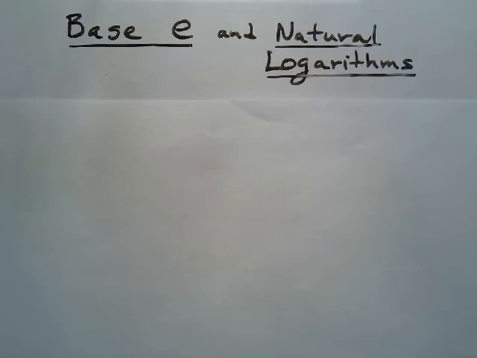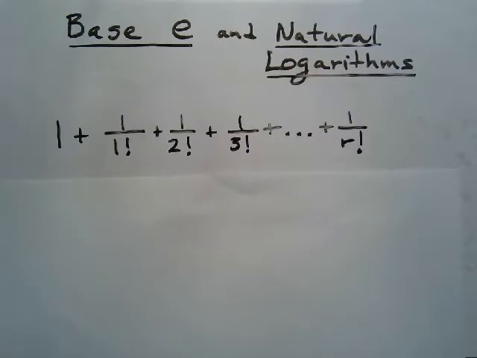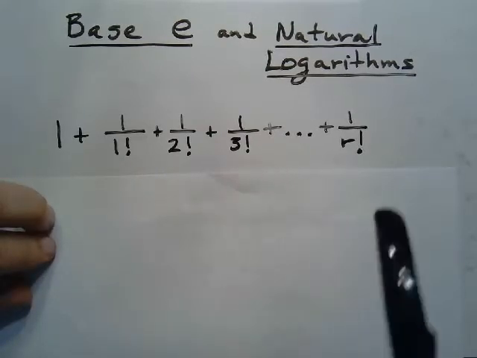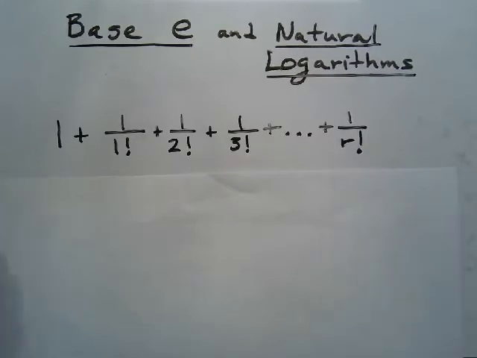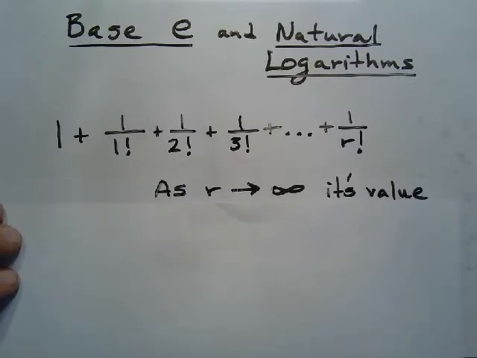But a lot of times mathematicians are really curious people that are looking for patterns and things. And years ago, a couple of mathematicians were playing around with a particular formula, something like this. And they wondered what would happen if we used factorials on the denominator here and let this last one approach infinity. As R approached infinity, what would happen? They were just playing with these numbers. And they discovered that this